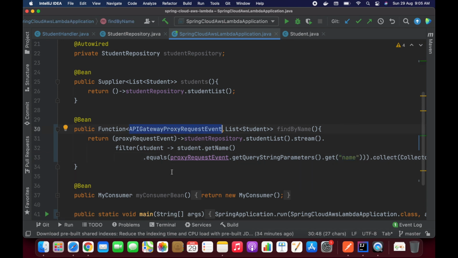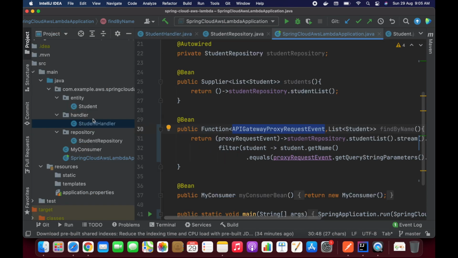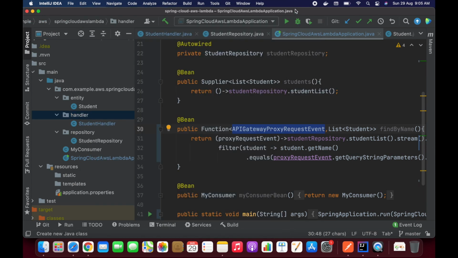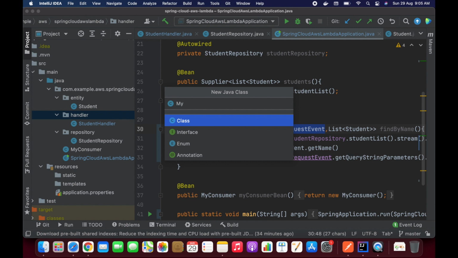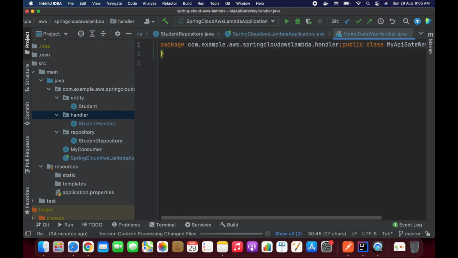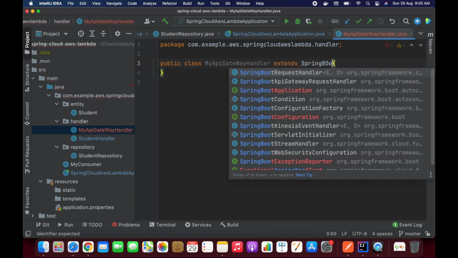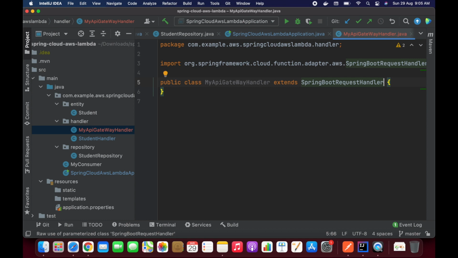What if you want to use the APIGatewayProxyResponseEvent? Now I'm going to create another handler. Let's call it my API Gateway handler, which extends SpringBootRequestHandler.